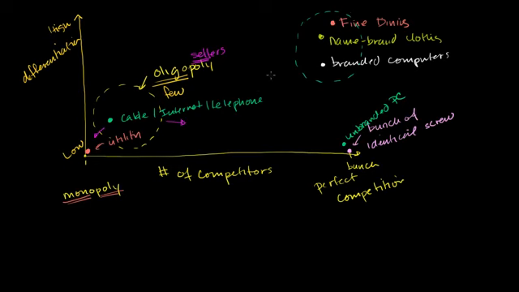but they are highly differentiated. To some degree, you could say that, for example, in branded computers, Apple has a monopoly on selling Apple computers. It doesn't have a monopoly on computers. Obviously, there's many, many people who can provide computers, but they have a brand. If someone wants an Apple computer, you have to go to Apple. It's almost a self-evident statement. But it's highly differentiated, highly branded, and so they have a monopoly on their product. But there are many, many other competitors out there that won't let them just set price because they can offer products that serve the same purpose, but they're differentiated in some way.